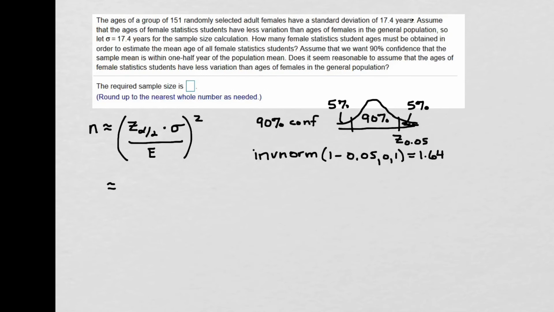So this is going to get plugged in. We have 1.64 times, what was our sigma was 17.4 years. The margin of error is, we want to be within 1/2 year. So whenever it says the margin of error is this value, that's pretty obvious, but sometimes they say within this much. So in this case, it's within 1/2 of a year, so that's 0.5 years. And then we square that whole thing. And what I get on the calculator when I do that is